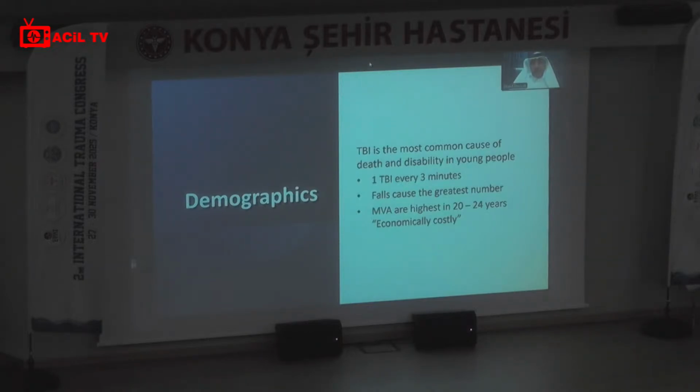It is estimated that there is one traumatic brain injury every 3 minutes, with a variation of these severities. Falls are the greatest cause of these numbers. Motor vehicle accidents are the big problem that we have in young adults. And this is economically costly. Why is that? Because you have a young, healthy heart, healthy kidneys, healthy liver. They go into ICU with severe bad injuries, but they don't die. They live for a long time, but they are debilitated. So they cause too much, and this is why